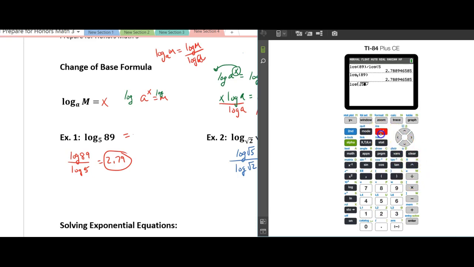That's the mistake you can make easily. So log of square root of 5, close the parentheses, divided by log of square root of 2, arrow out, close parentheses, hit enter, and you should get